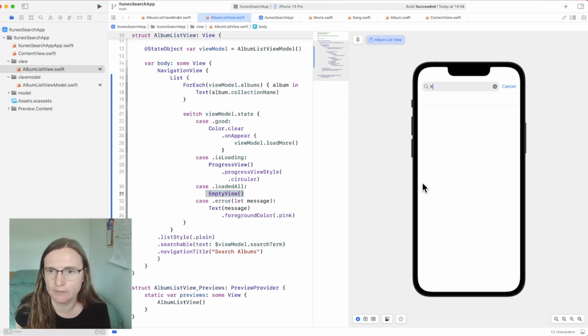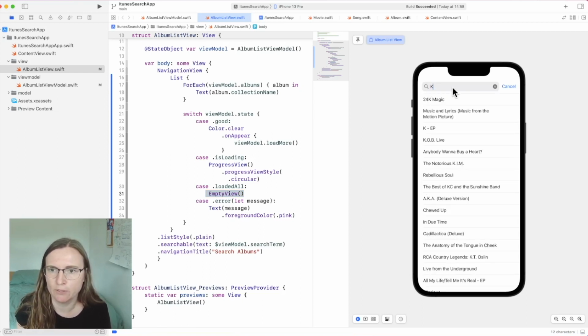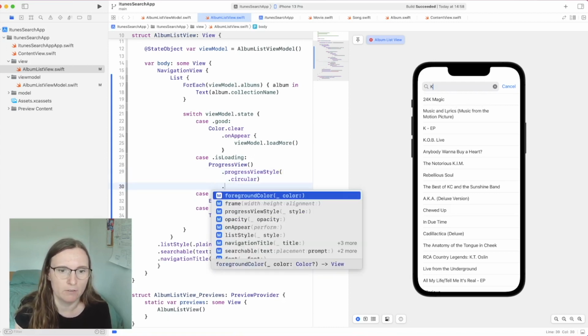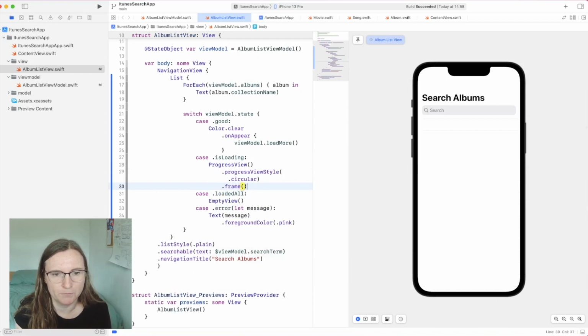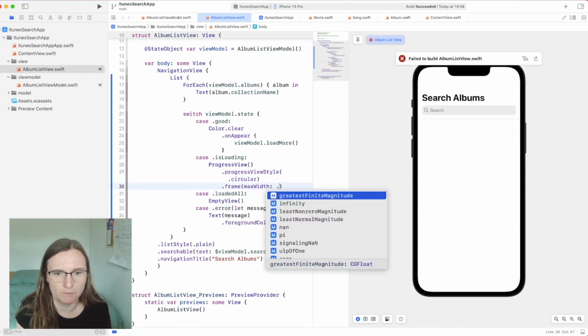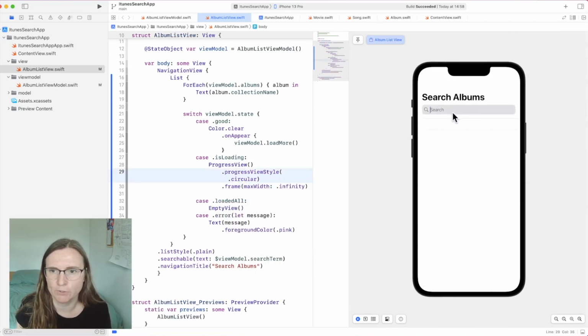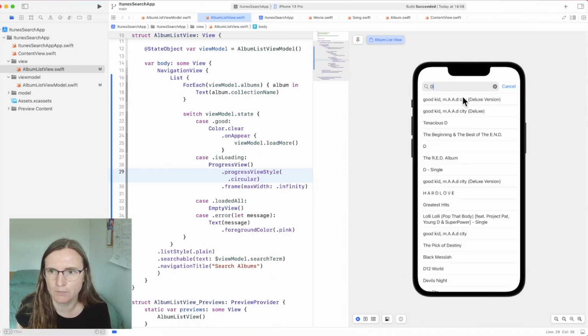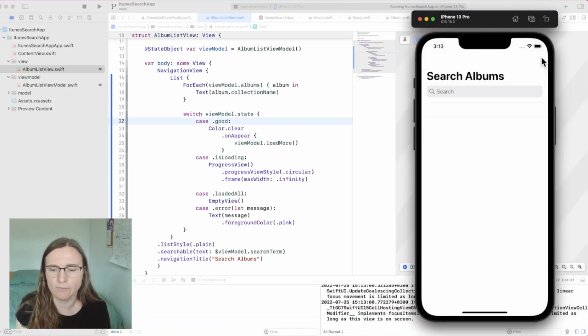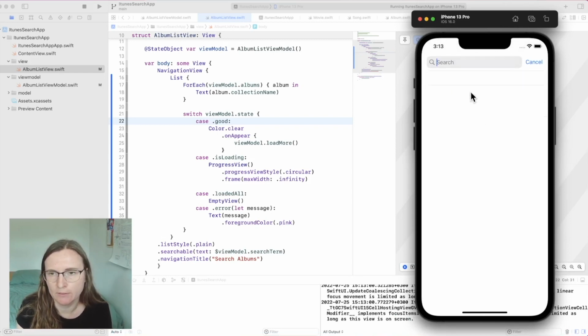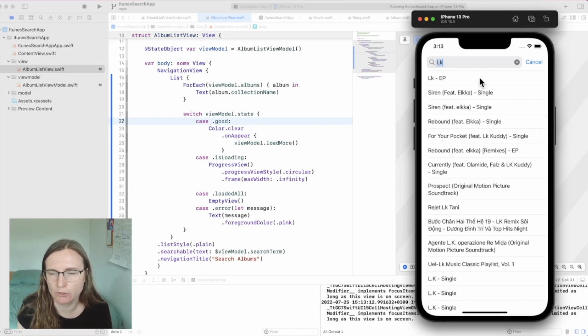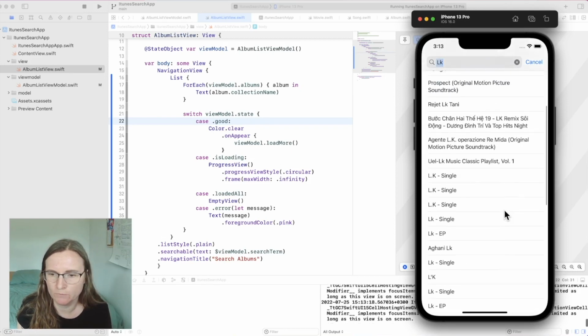Okay, now I can search. You saw the loading indicator, and maybe we make this in the center. So this is frame maximum width of infinity. Okay, try again. So now it's in the center. If I test this, the first time I'm coming, I get my clear view, which you see because it's 2 lines. I search. You saw shortly this loading indicator, and because I started loading, if I scroll down,